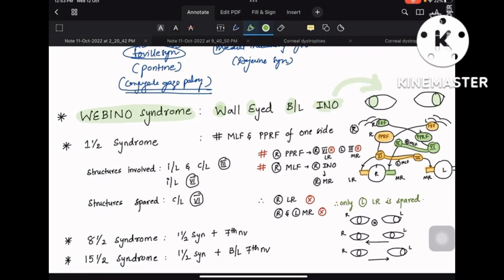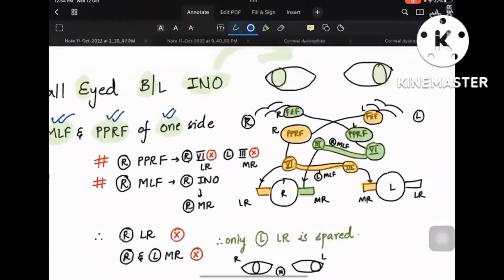Coming to the one-and-a-half syndrome, this is another important syndrome that they usually ask. So one-and-a-half syndrome means there is a lesion in MLF as well as PPRF of one side. So please concentrate here, guys. You might get confused. I'll try to explain it in a neat manner so that you don't get confused here. This is the most delicate zone where people get confused. So let me explain. One-and-a-half syndrome is the lesion of MLF and PPRF on one side, right? So in this image,